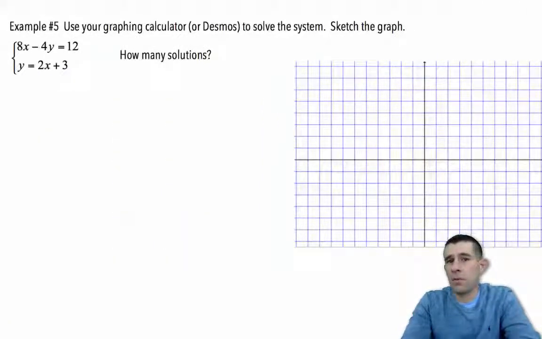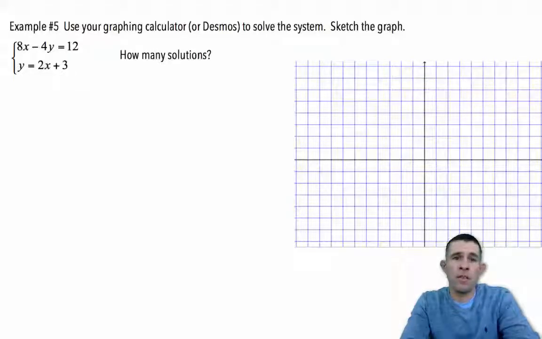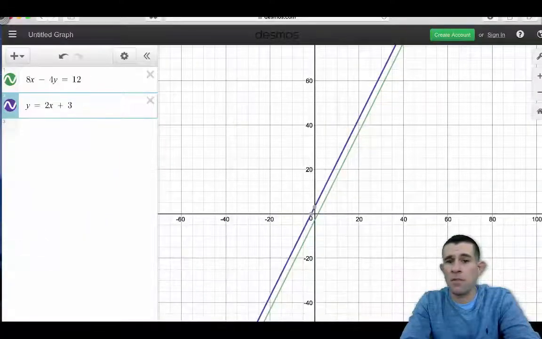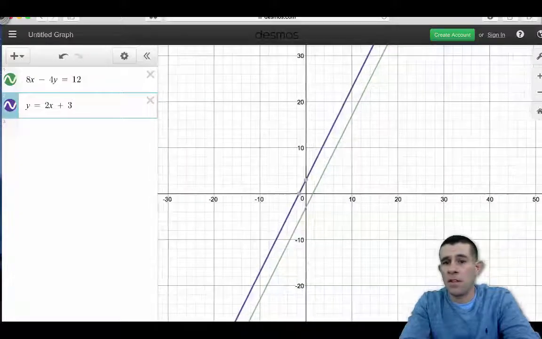In our final example, we're again asked to use our graphing calculator or Desmos to solve this system. So again, we're going to graph these two linear equations this time and find out how many solutions there are by looking for the intersection points. So I've gone ahead and done this, and you should try it too using your graphing calculator or Desmos. But here's what the graphs look like on Desmos, and you can see here, as we zoom in, these lines